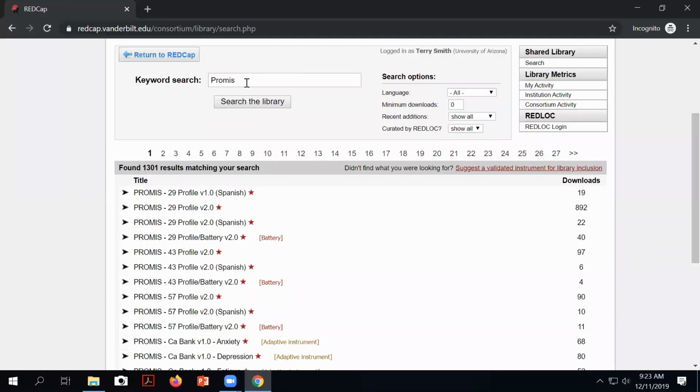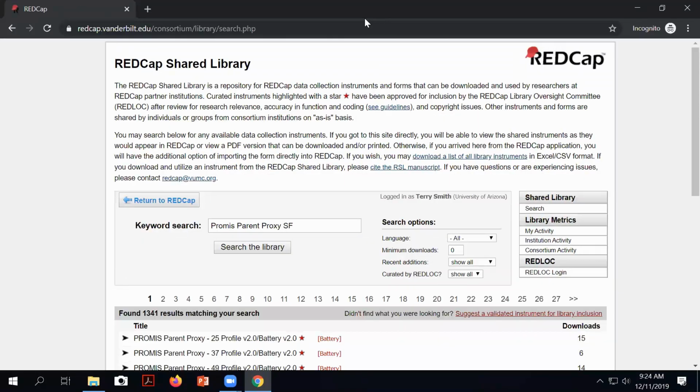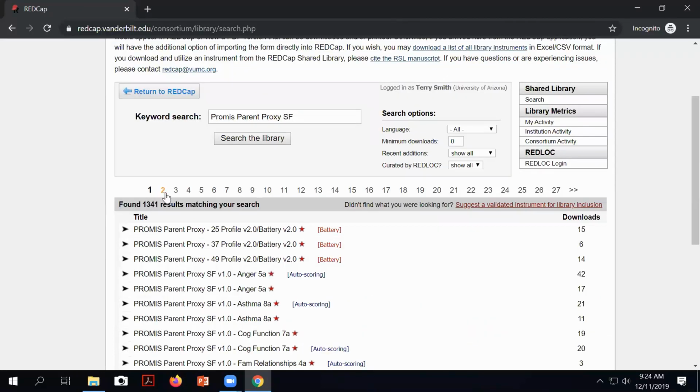I'm going to filter this a little further just for my situation because I want something easy. I'm going to look for the PROMIS parent. Where am I here? Yep. PROMIS parent proxy, SF. Okay, I'm just typing that in. Only because I know that there's something easy here that I want, and I'm going to go to the second page,